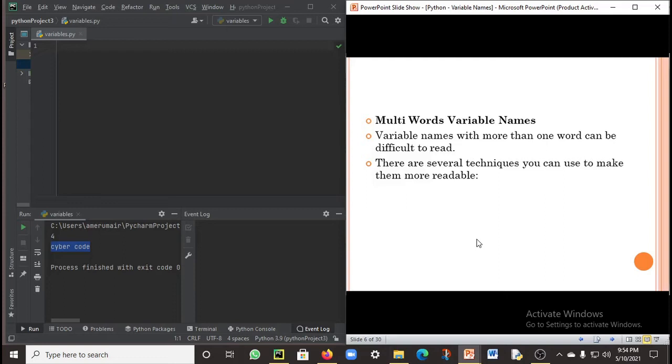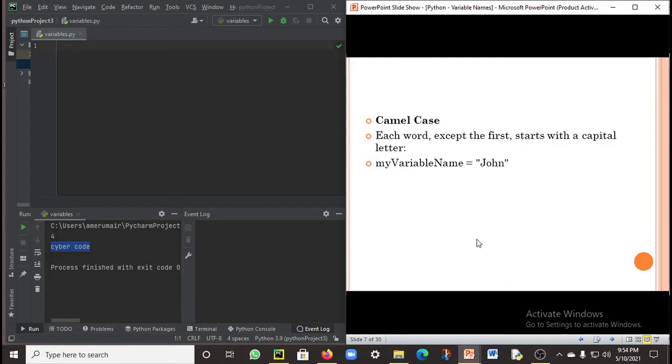And the next point: there are several techniques you can use to make them more readable. In such a case there is camel case. Each word except the first starts with a capital letter. So camel case makes reading the variable name easy and more readable. In this case, each word except the first starts with a capital letter.